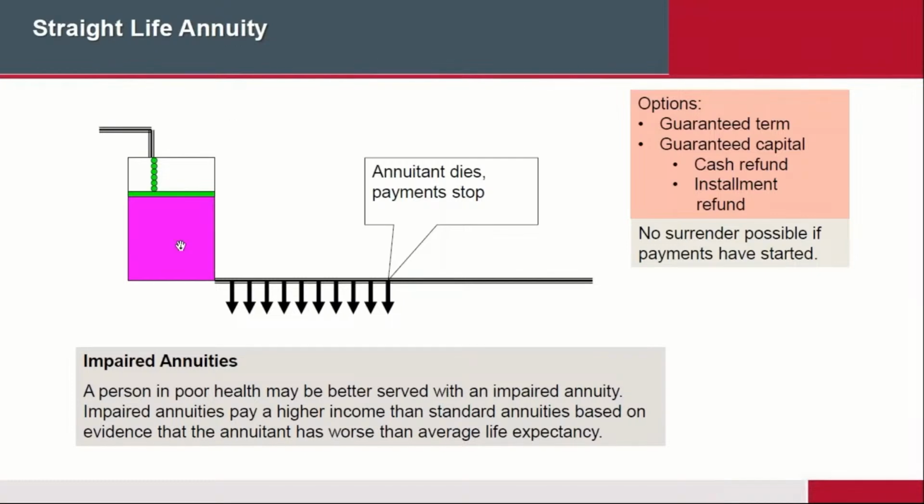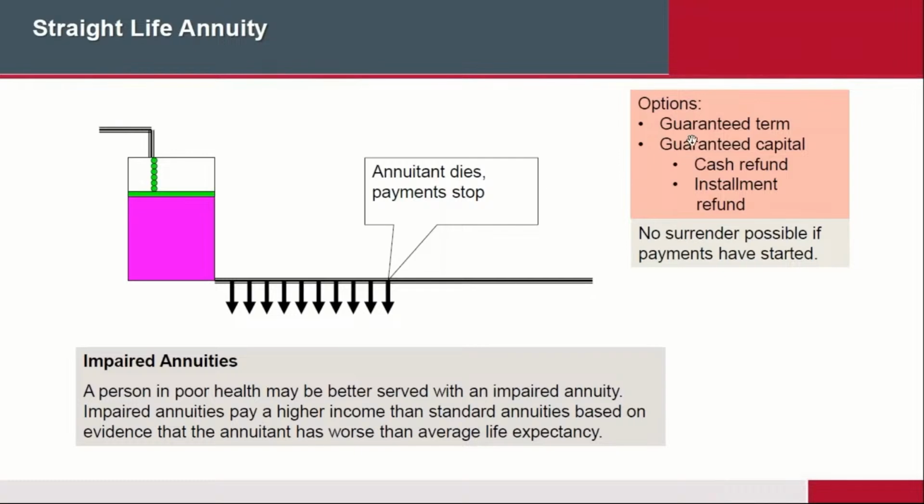So this straight life annuity gives you the maximum amount of money while you are alive. So for an individual who says, well, I don't have anybody to leave my money to, or my family is well taken care of, my spouse is well taken care of, my kids are well taken care of, I want the maximum amount of money while I'm alive so I can enjoy my money, then a straight life annuity is for that. All you have to remember is to make sure the client realizes that once the payments start, if he dies, all money stops. There is no other benefit at all.